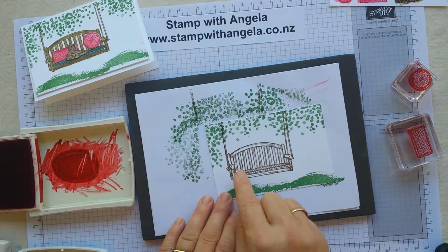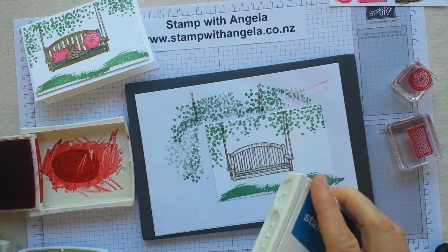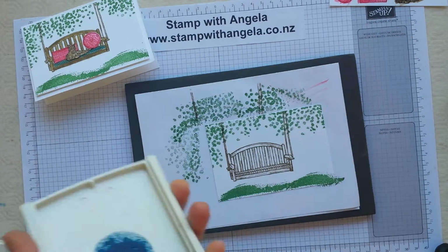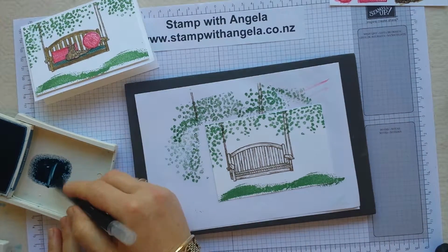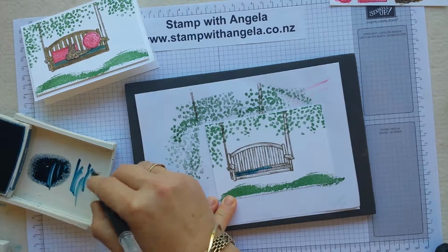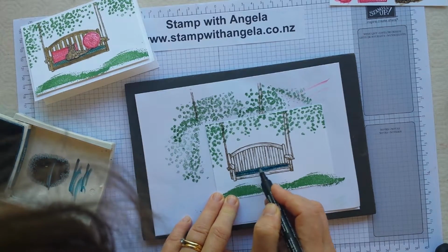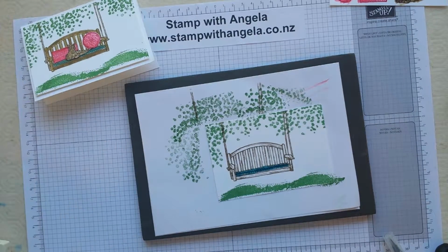Okay, the next step is colouring this in. So I'm actually going to do the cushion on the seat first in the Dapper Denim. So again, squeezing the lid and colouring that in. Wow, that looks very dark, so I will probably need to wipe it off a bit, otherwise it's going to be very strong. A little bit more, wipe some off. Going a little bit faster than I usually would, just for the sake of the video. Alright, there we go. Then I need to go back to my brown again, make sure that's brown, yes, and